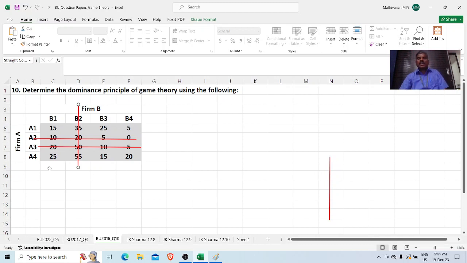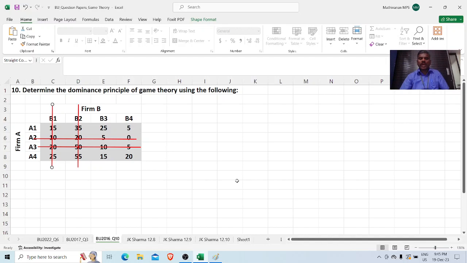B1 loss of 25 points, B4 only 20 points. That means strategy B4 is dominating strategy B1 in terms of the losses. So we will strike out